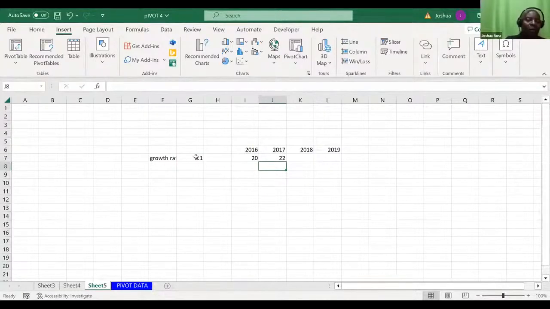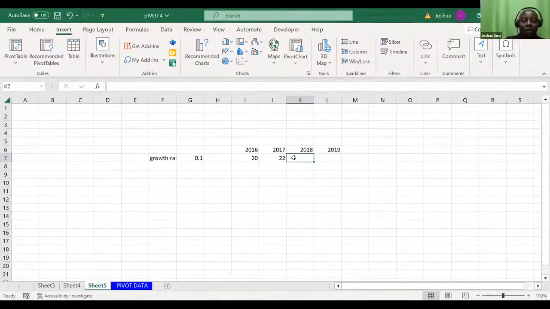Great. How about 2018? Two ways. For 2018, I could get this figure from 22, growing by just 10%.